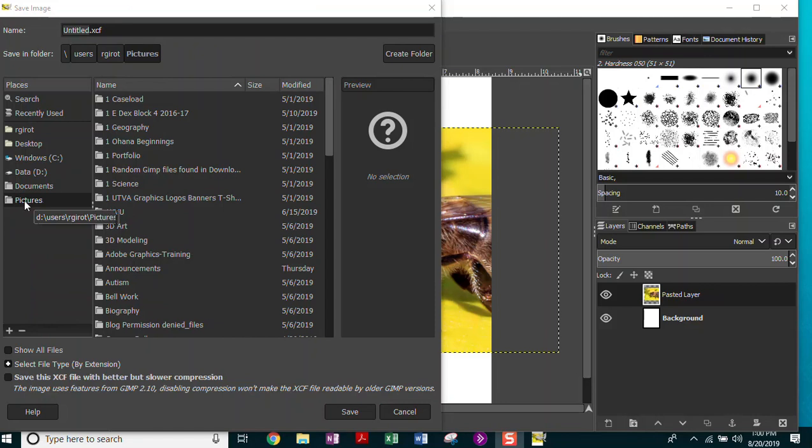Like hopefully you've already created one when you did your resources. But if you don't have one, I put mine in my pictures folder. You could put it on your desktop. But wherever you're at, if you double click on that and you go create folder,